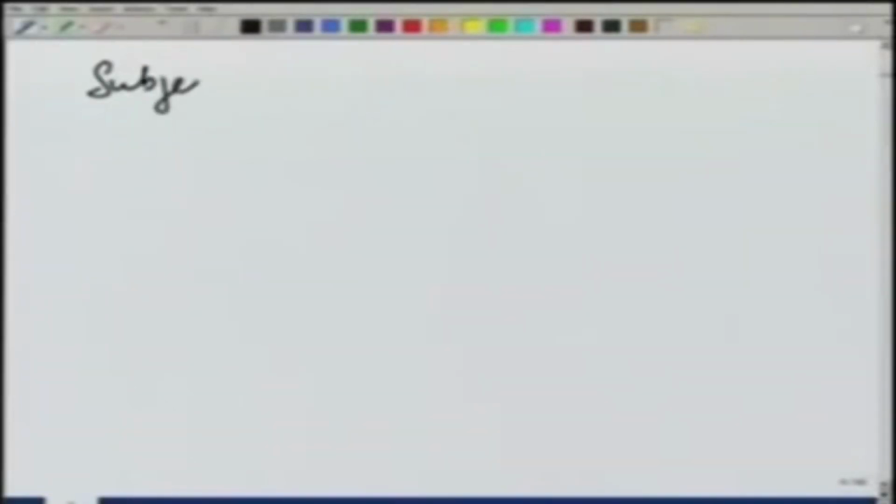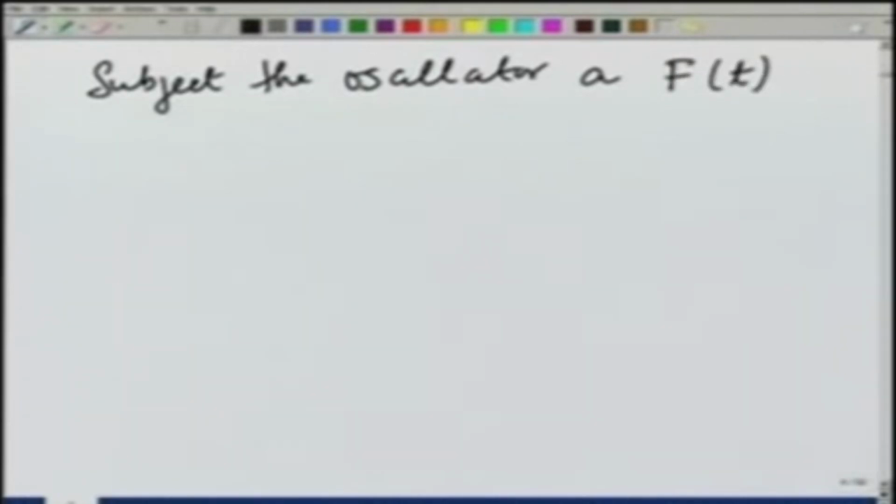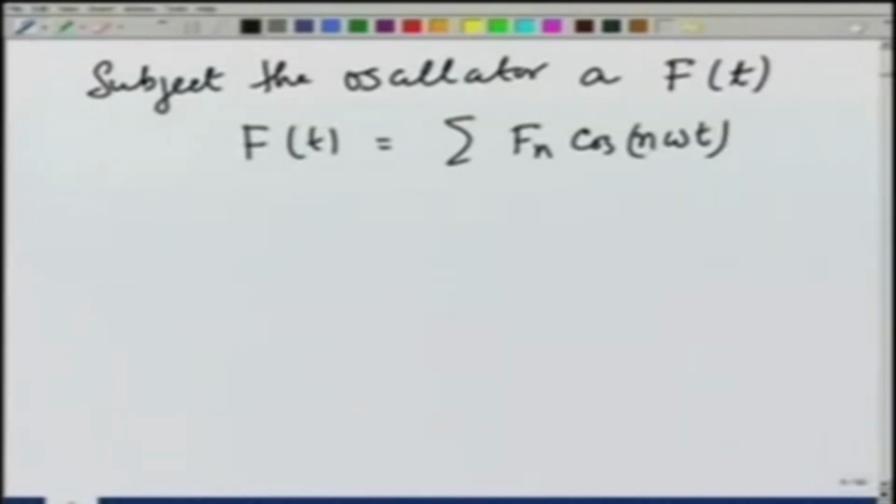A more interesting case, however, is when we subject the oscillator to a force which depends on time. In general, a time dependent periodic force can always be written as a Fourier series like f n cosine of n omega t, where omega is the frequency of oscillation, and therefore, it is best that we analyze